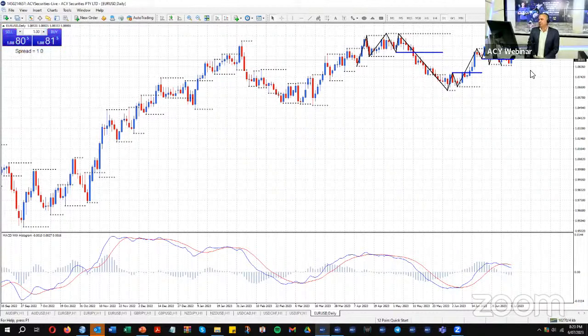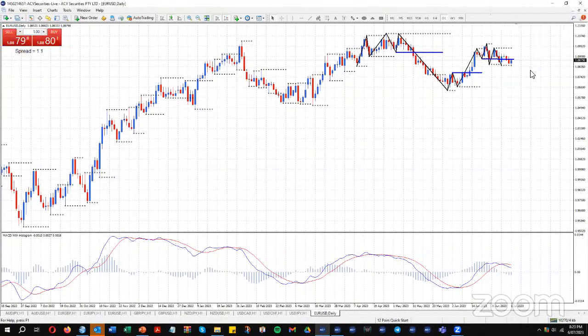You'll notice when it broke the swing down and put in a lower low, it moved down very rapidly, to the point where it was almost quite surprising. We saw price move a good few hundred pips. So getting that change of direction and then trading with the trend became very profitable, to the point where a lot of fundamental views were a bit shocked. That's something to keep in mind: make sure we're going in line with what the market's telling us rather than what we think is driving the market.